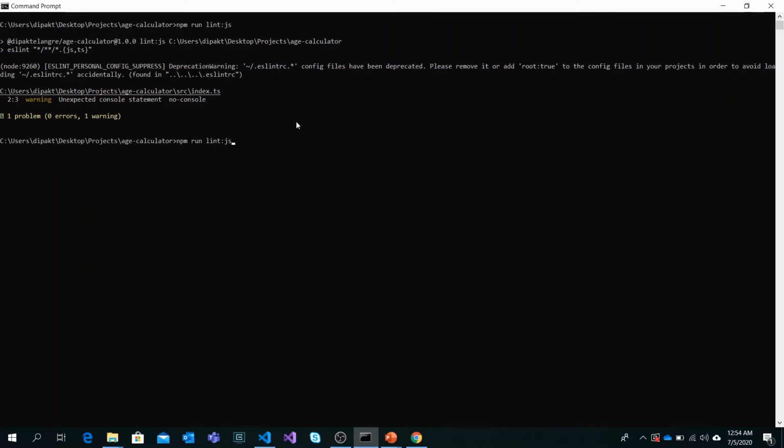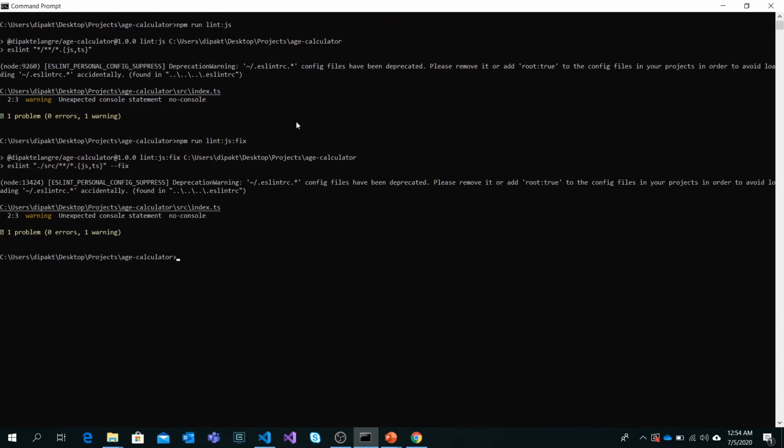If you have some ESLint errors that are fixable, ESLint can auto fix them. But in our case, it's just a warning for console. It will not be able to fix that, so ESLint fix will not do anything in our case.